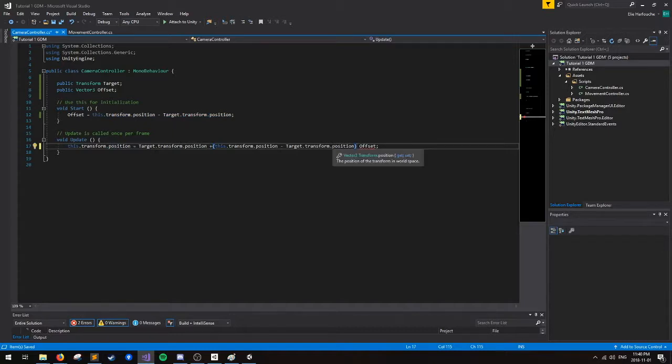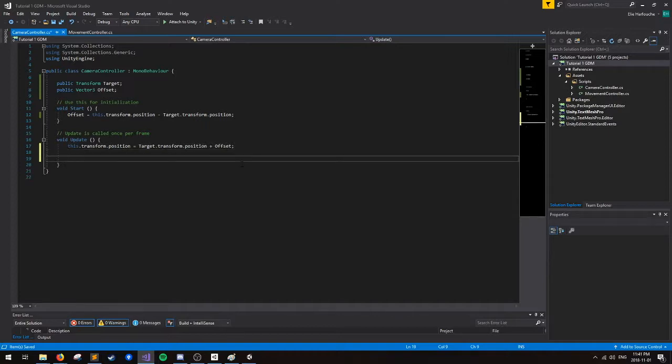Target.transform.position will cancel out with target.transform.position, and then we'll just end up at the original position that we were at. I believe so. I know I said be proficient with linear algebra, but you can make some mistakes at times. Additionally, what we want to do is look at the player. This can be done with an amazingly simple thing that Unity provides for us: this.transform.LookAt